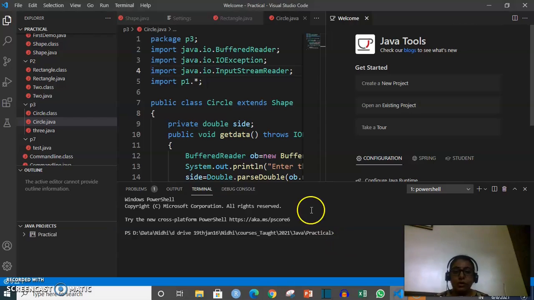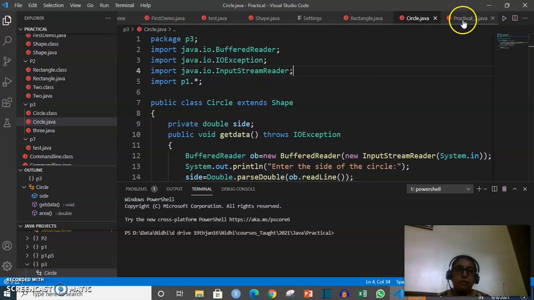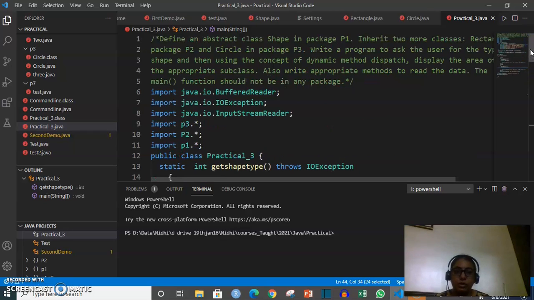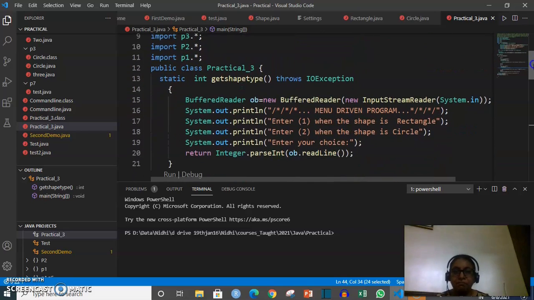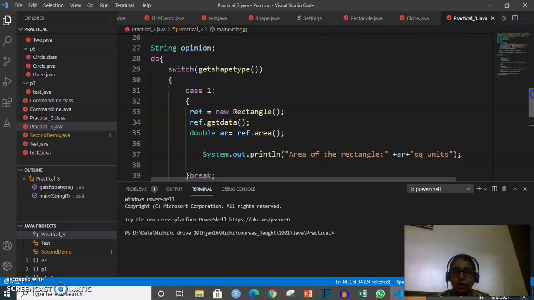Now one thing very important to be noted here that I want to show you, that if I see my final practical 3 file, which is dealing with the complete question 3, number 1, it is not in any package. Number 2, it is importing all the 3 packages, P3, P2 and P1, apart from importing java.io. 3 classes differently. Okay, you could have done java.io.start, that's your wish. And you can see the main function of this, the way the classes of the package P1, P2 and P3 are used.